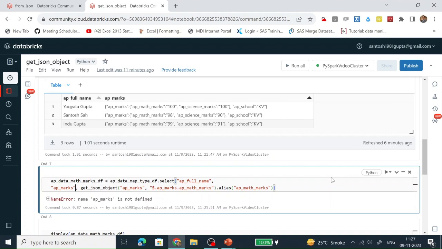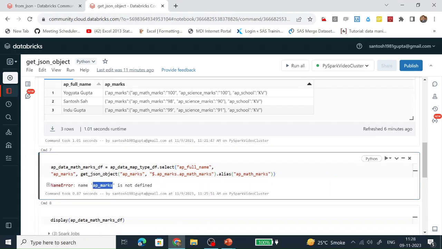Here it was giving an error saying that AP marks is not defined. We need to put this AP marks into double quotes. Now let's run this command cell. Now this data frame has been created successfully. Let's display it. So we can see over here.